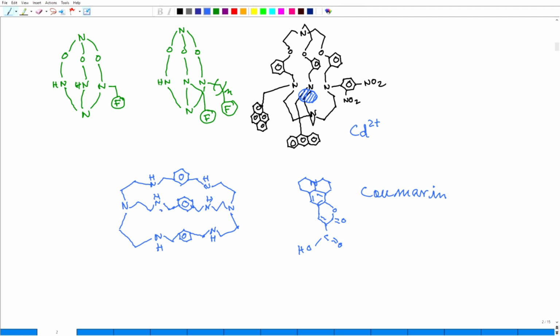You have copper here. It can take copper, 2 coppers, specifically for copper. And the distance is such that only carbonate can fit here, carbonate, CO2 minus,